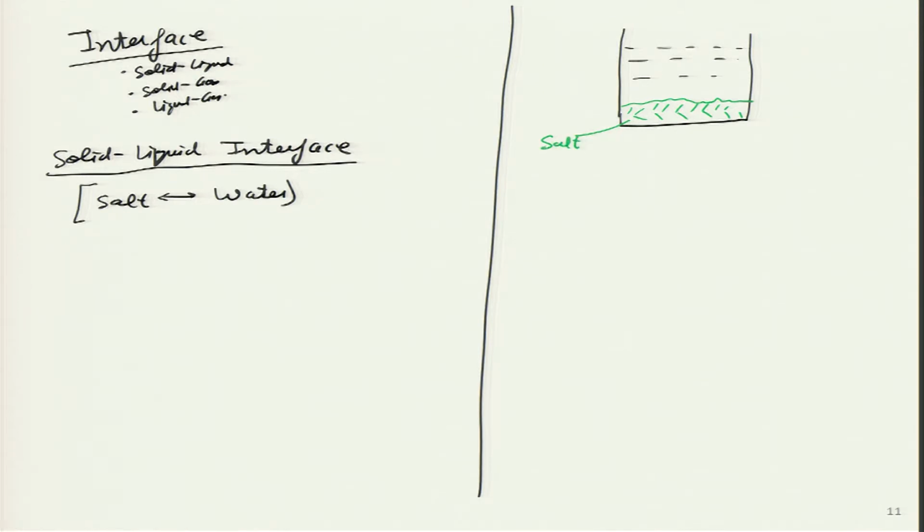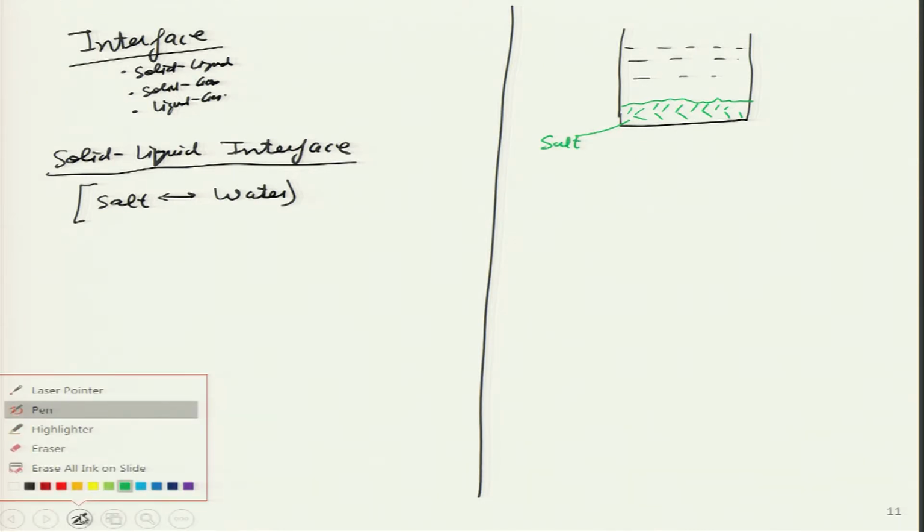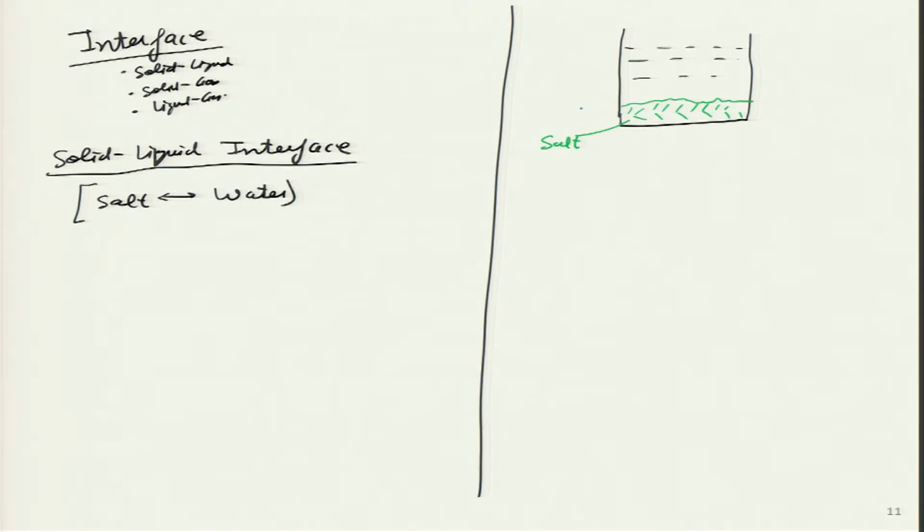Then I will ask a question to the students, and let me also define the axis. Instead of x in this particular case, I am going to call it the z axis, and I will start it from the interface. So, this is where the z axis starts. It starts where the solid-liquid interface is. I hope the students are able to see the interface is where the topmost salt atom or molecule is in contact with the bottommost water molecule. So, what is going to take place over there?